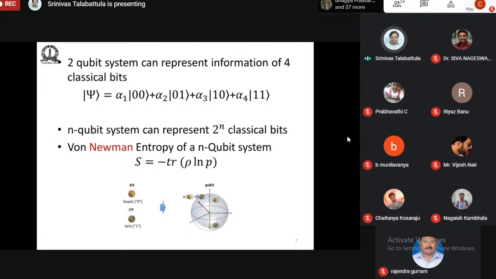This is also extended to multi-qubit systems. That means you have two objects. Let us assume there are two photons representing the two qubit system. Let us assume for the time being that they are not correlated. You can talk about the first photon being in a 0 ket state and the second photon in a 1 ket state, and you can think of all the combinations. So you have a basis consisting of 00 ket, 01 ket, 10 ket, and 11 ket. So there are 4 basis vectors to represent a 2 qubit